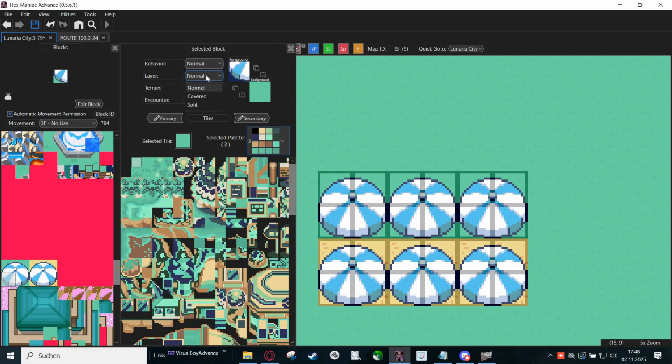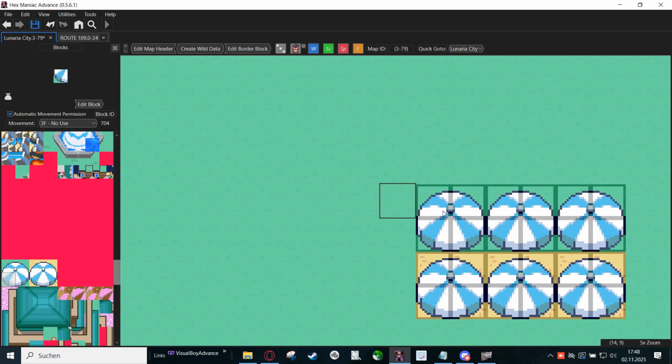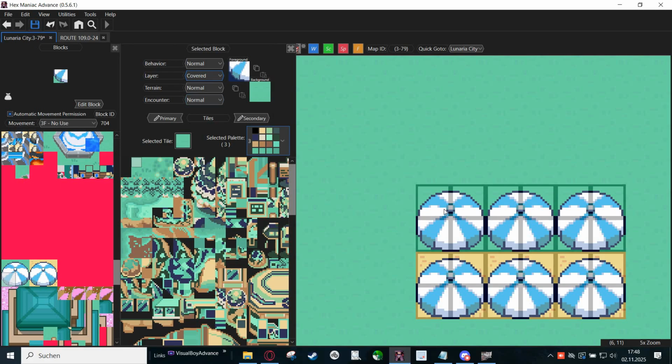Then we have layer. The layer describes where the tile is shown compared to your player sprite, to NPCs, NPC sprites as well. If we have normal, the block is shown in front of the player. So that means the player would be hidden. Like we see the player walk here, but once we are stepping on this block, the block is actually hiding the sprite. For covered, this means the block is covered by the sprite of the player or the NPC. So in this case, we would walk on top of the